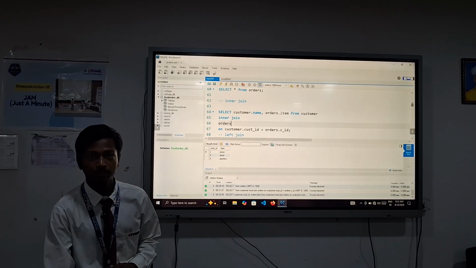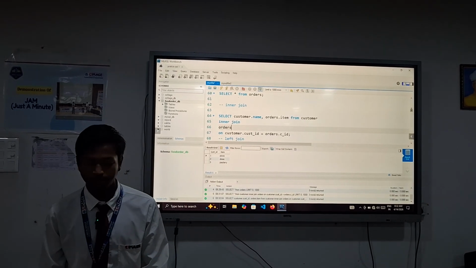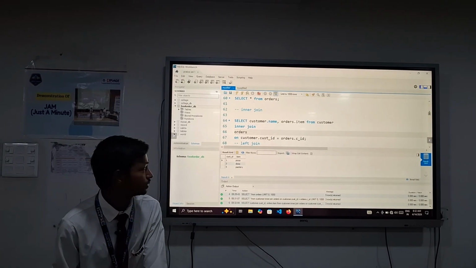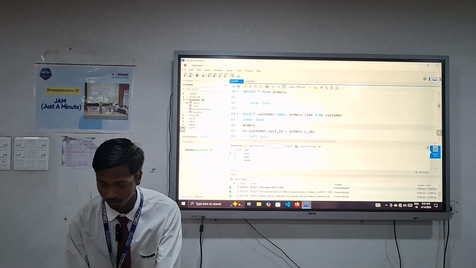Now I'm going to use left join. In the left join, it returns all the left rows plus the matching columns from the right table.